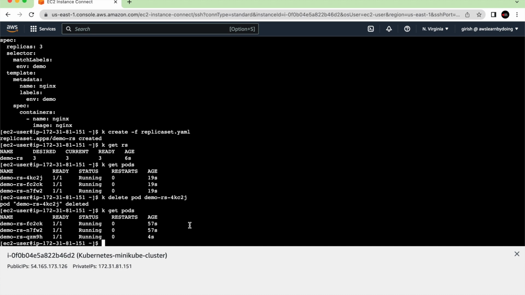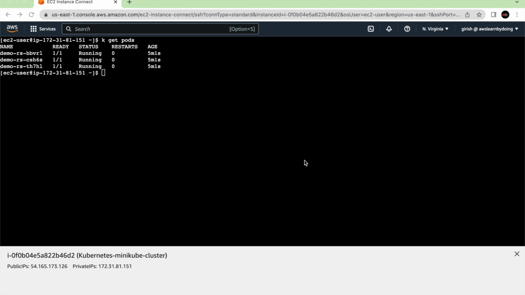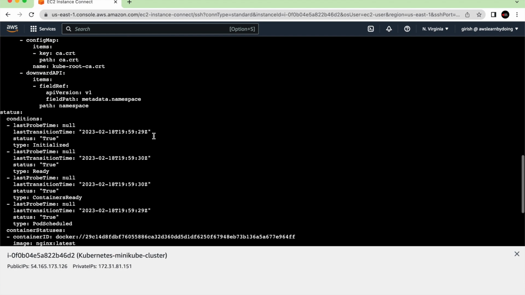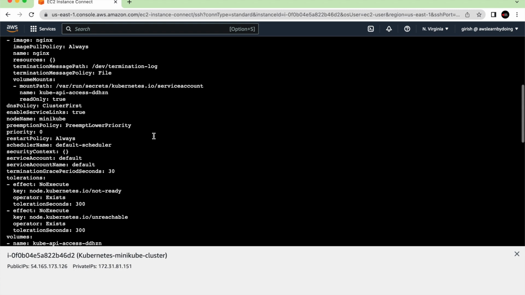And that's when we saw in theory that a replica set is nothing but a collection of identical pods. Let me show you the owner reference section in the pod definition and how it is used for maintaining this dependency. So this is kubectl get pod and the pod name, and then you can see our owner reference